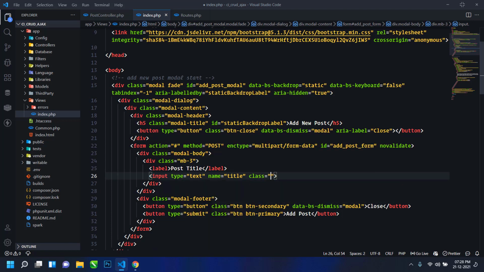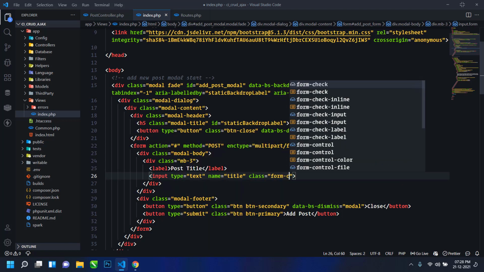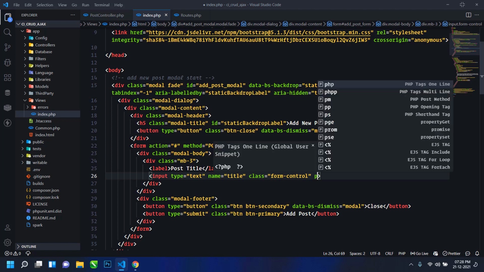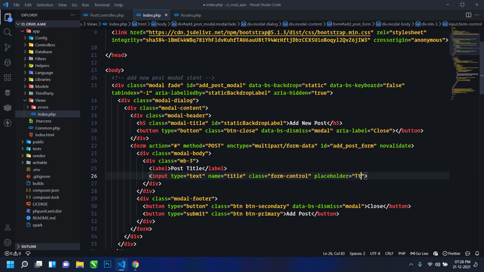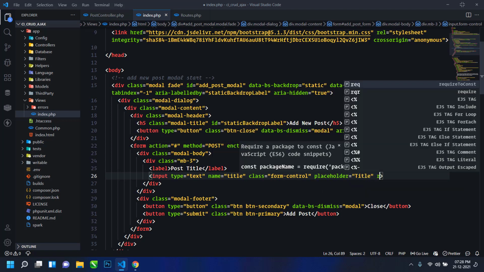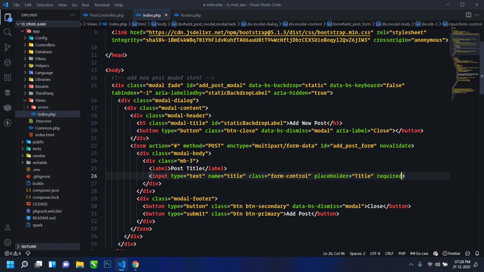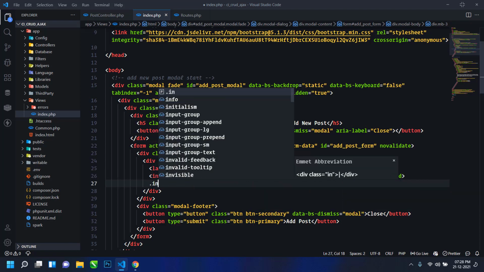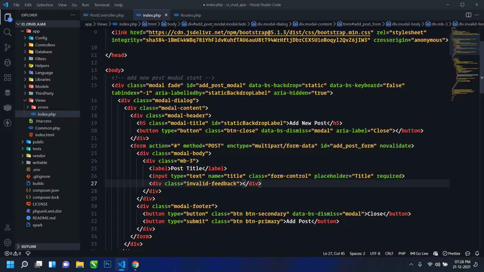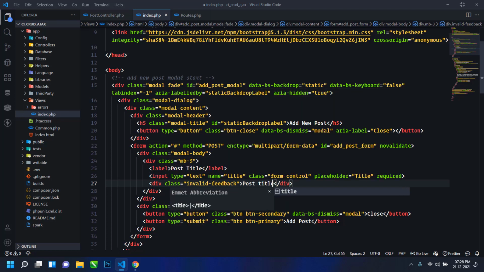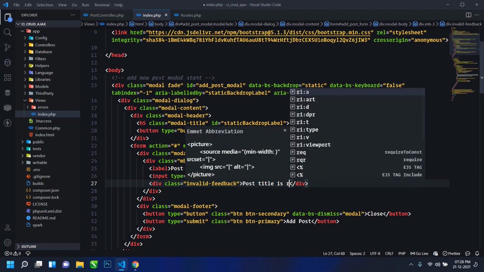I will use class form-control, placeholder title, and this will be a required field, so just use the required attribute. And then in the invalid feedback I will write post title is required.